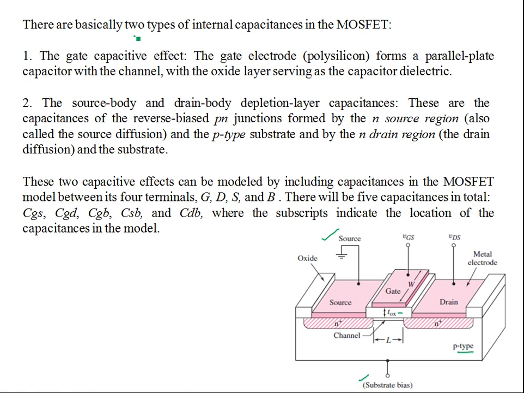There are basically two types of internal capacitance in the MOSFET. One is the gate capacitive effect. So between the gate and the other terminals, for example, this is the gate terminal, this is source, drain, and let's take this as the body terminal. If the body and your substrate are not at the same potential, you recall that there was a body effect, and due to that body effect, you have to model this by a back transconductance gain, and there's another current source that has to be